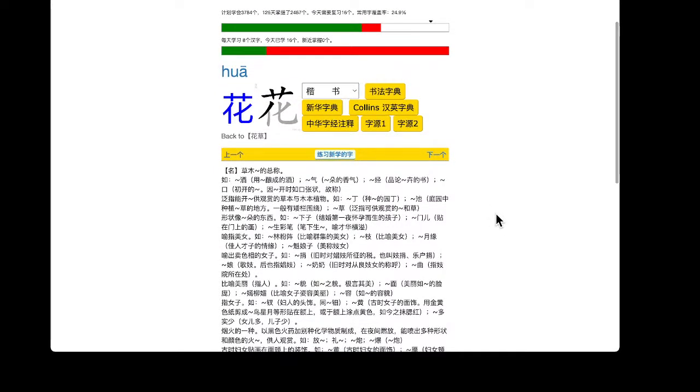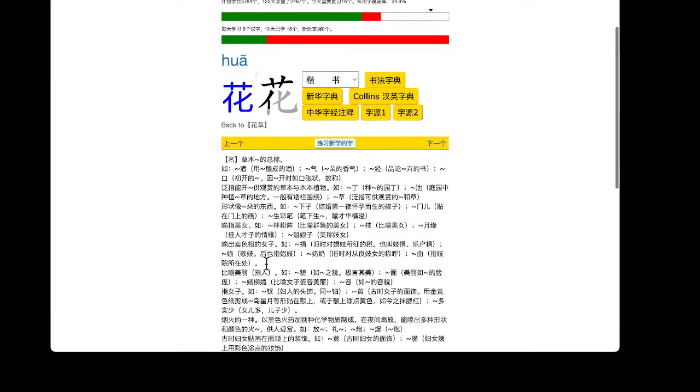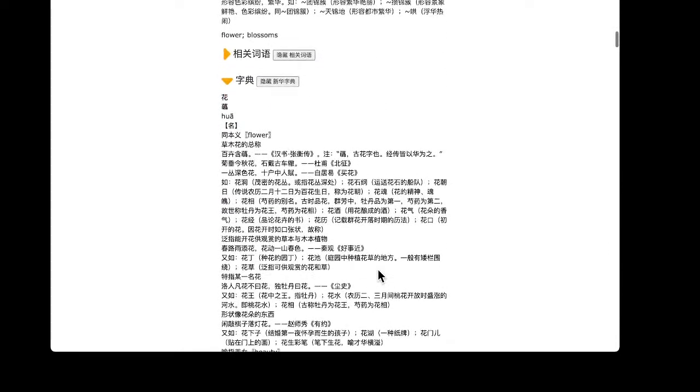Next one. 花. 花 means flower in general, so it refers to any kinds of flower. And so this one becomes extremely common, used in a lot of contexts. Of course the first meaning is plant's flower, but there are lots of other things, let me explain to you. For example, over here